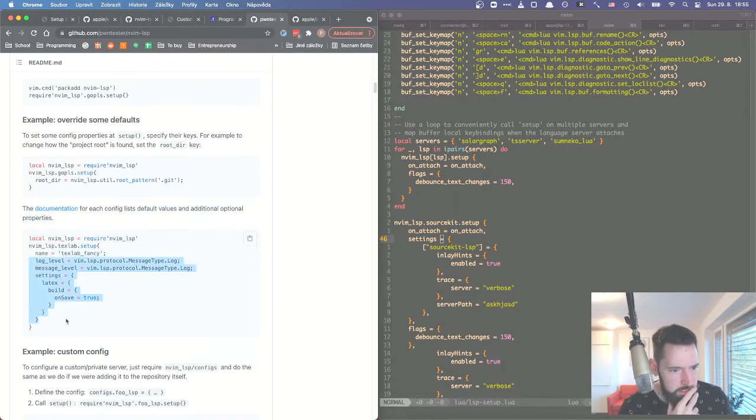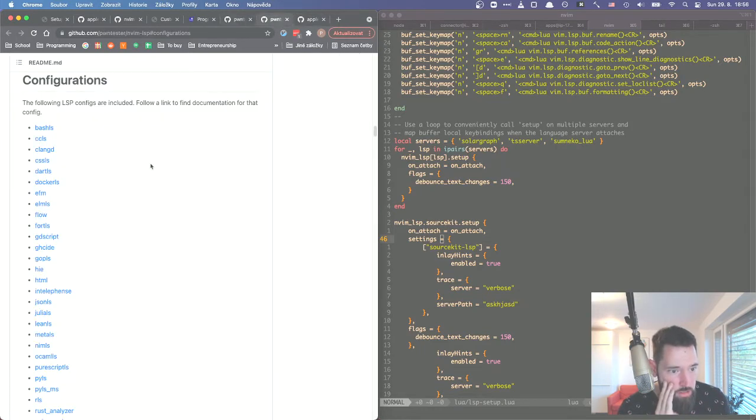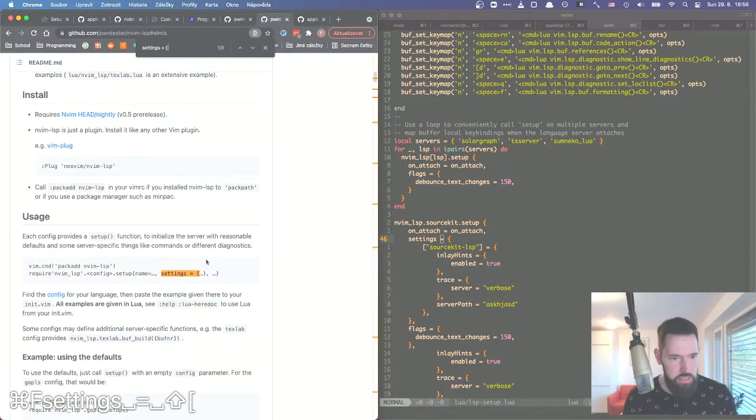Here they are using the settings to actually set it up. The documentation for each config lists default values and additional optional properties. For example, for this one, let's see, settings is equal to,